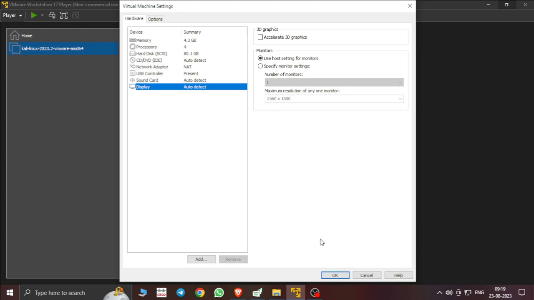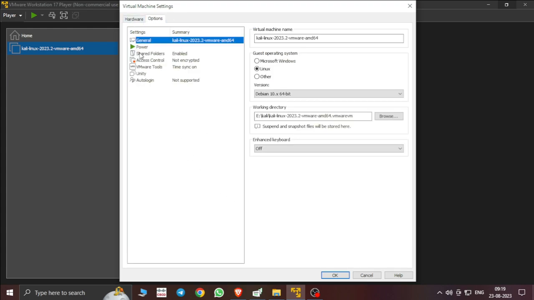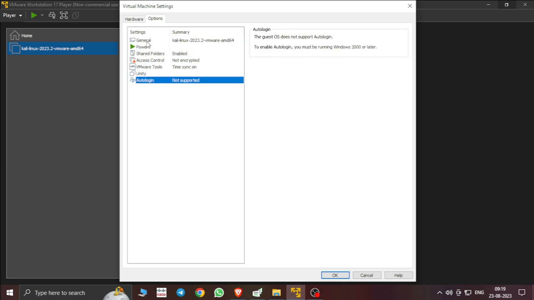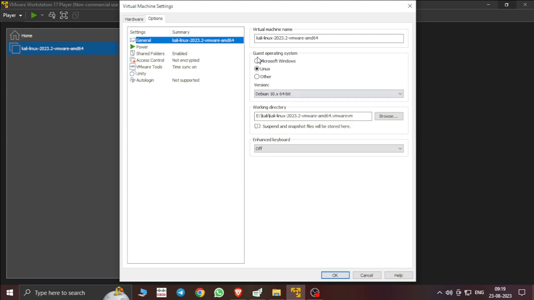Okay, here was the edit a virtual machine with using this. Okay, so